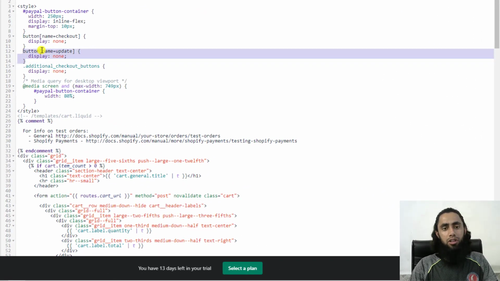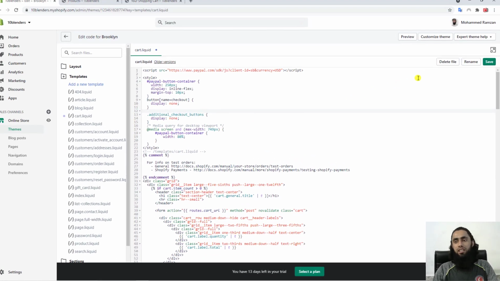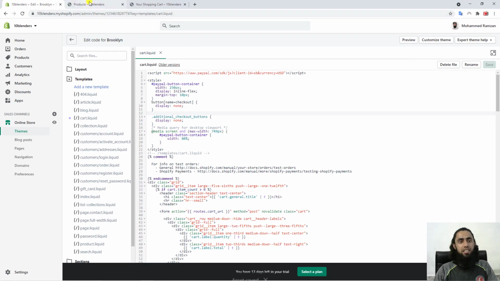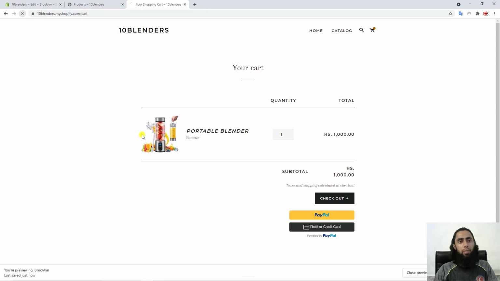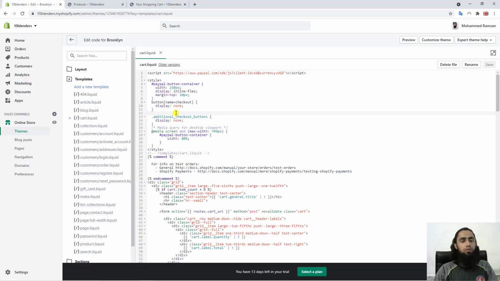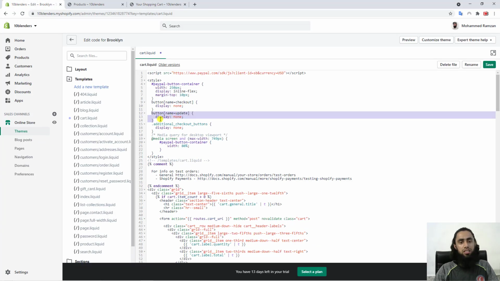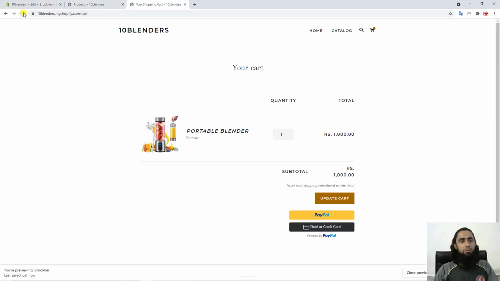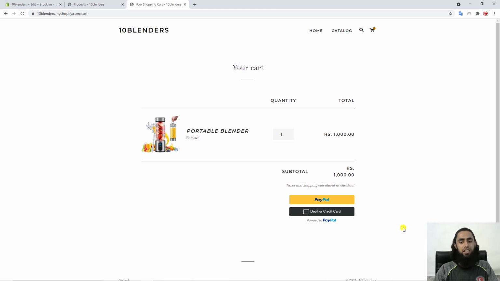For that you need to remove these 3 lines, name equal to update. Let me save these changes and refresh this page. Now you can see that we have the update cart button and the checkout button has been removed. For example, if you don't want this either, just undo those changes, save, and refresh the page again, and now you can see that everything has been removed and it is neat and clean.